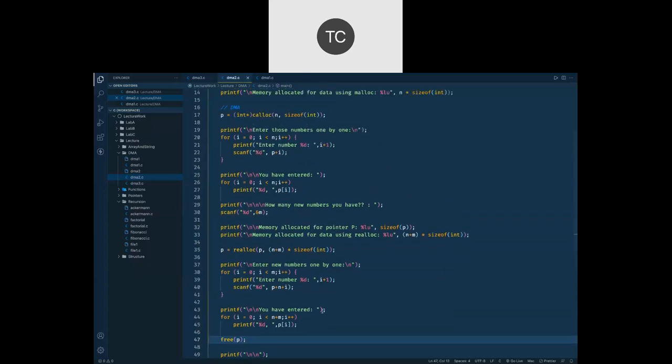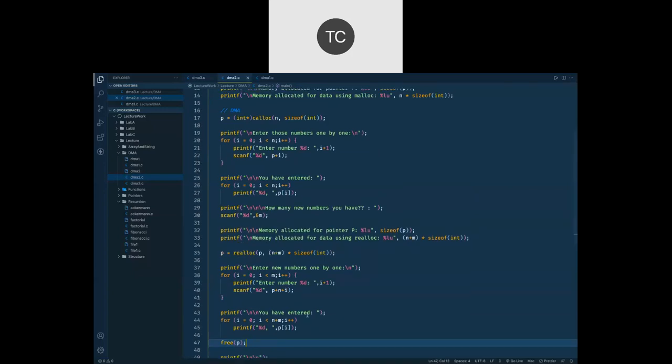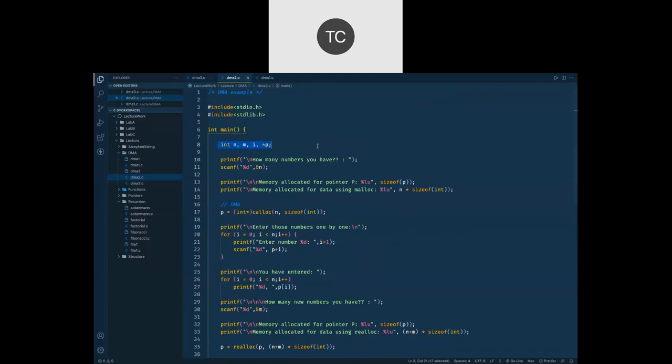So we have seen malloc, calloc, realloc, and free. Now all these examples were related to integer data, right? To be specific, it is an integer array. We have gone for a number of elements. So it was an integer array. Today, what we want to have a look at is, what if we have a structure and we want to go for memory allocation dynamically for a structure variable.